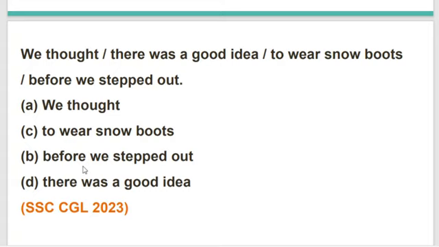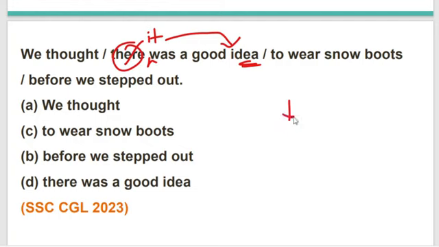In this sentence, it's very easy and the error is literally popping out. We thought it was a good idea, because "there" is generally used for places, and here we are talking about an idea. The word "it" is actually substituting "idea." So the correct sentence is, we thought it was a good idea to wear snow boots before we stepped out,